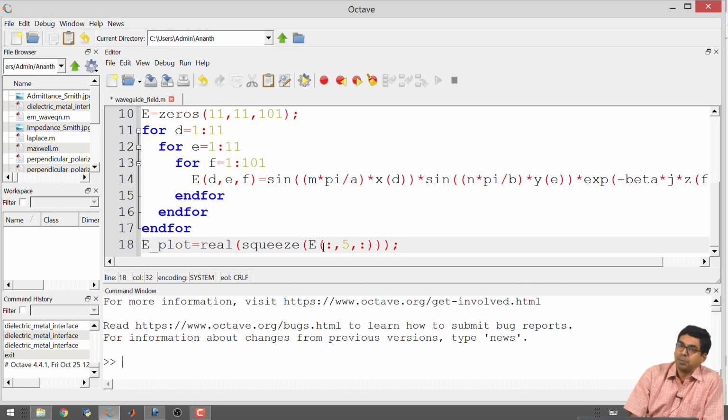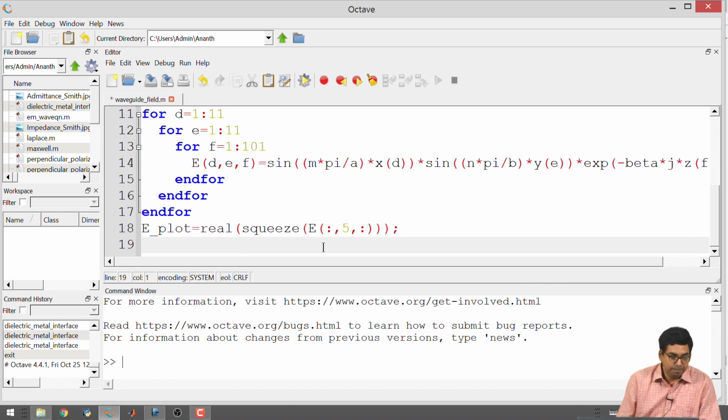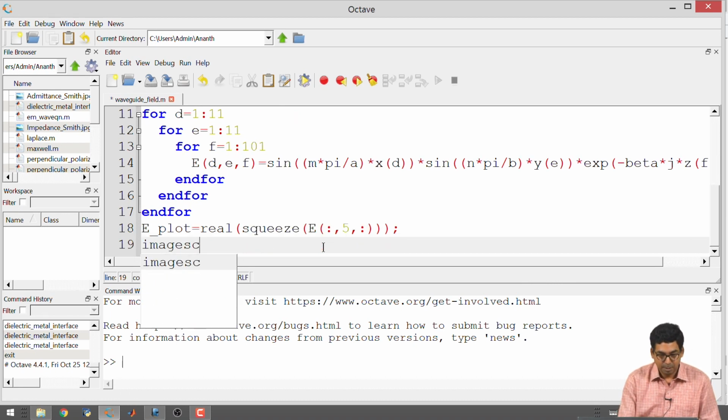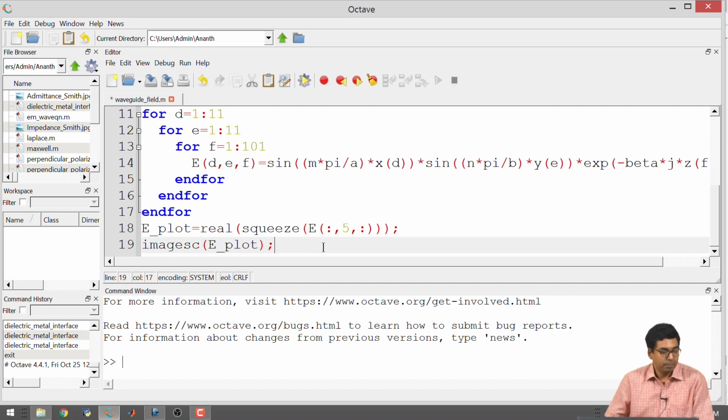Mind you, we are not writing this program to calculate the electric field, we just want to visualize the calculated electric field, or the field form that we have already assumed, all right. This is to just give you another confidence that sometimes if you have an analytical expression, you should be able to go back, write a simple program, quickly see what it looks like, all right. So, I will just use the commands that we have been using before, imagesc, okay, that is it. So, I am going to run the program and then we will see what happens.